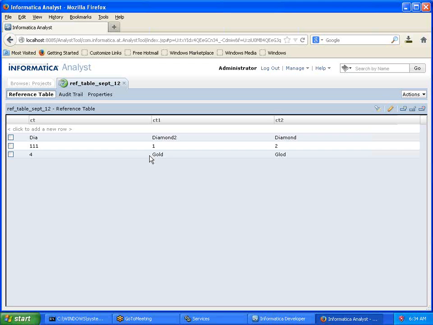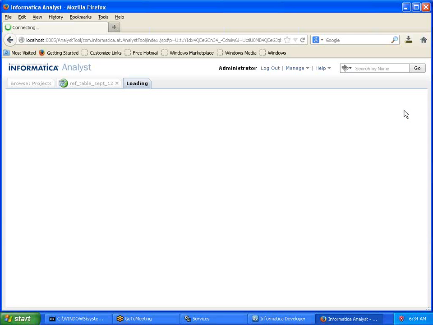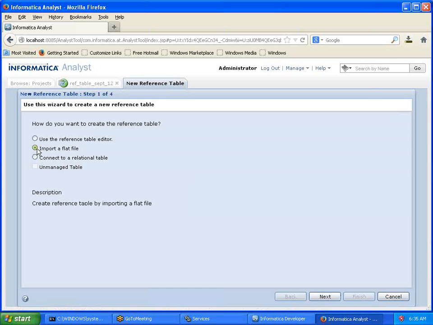So once we understand how to create reference data by using a reference table editor, the next step is, what? We need to start using another way to create reference data, again by using the same button, which is New Reference Table. Then select what I call Import a Flat File, which means assuming that the customer or end user or business